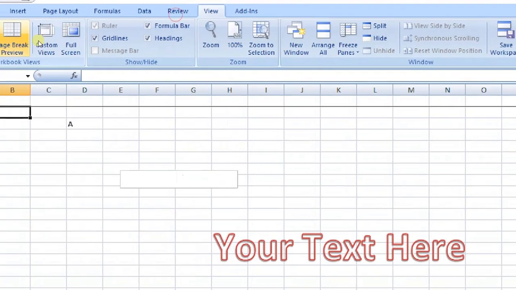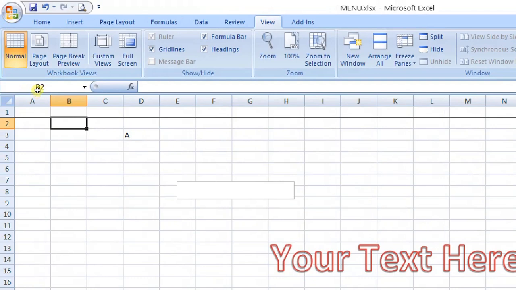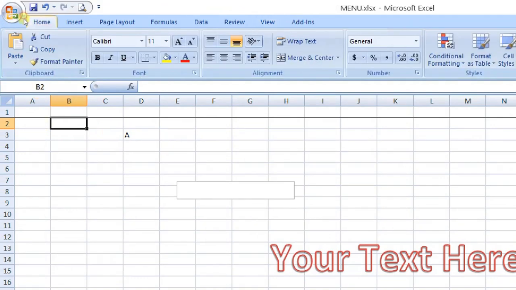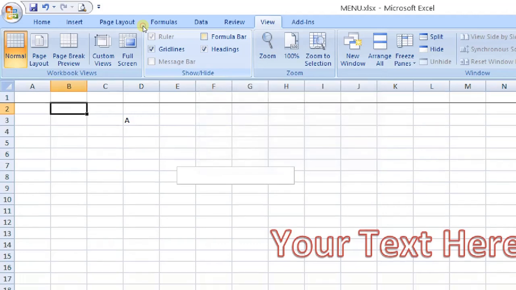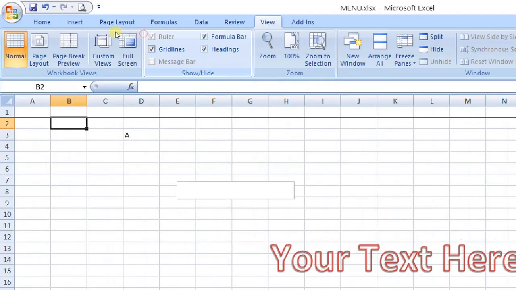The next one is the view option. What you are seeing is the normal view, page layout view, page break preview, custom and full screen. If you want the formula bar hidden, or headings hidden, or gridlines hidden, you can do it by this tab.